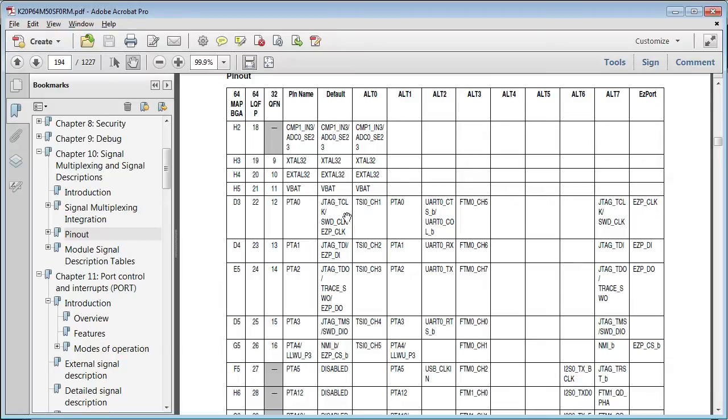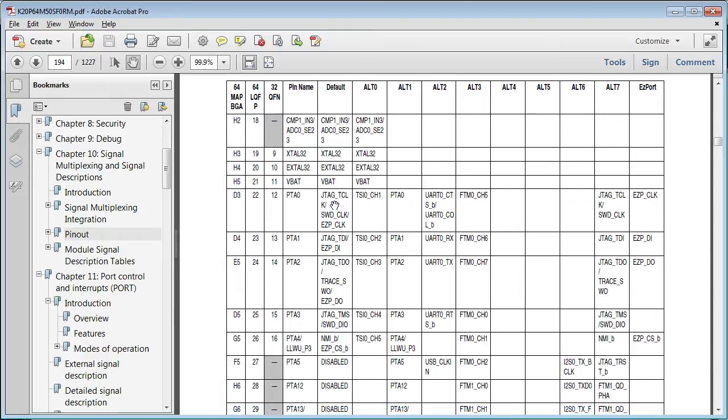Now the default configuration for PTA0 is actually this setting here, which is JTAG, which is a testing protocol. But you can see there are various other alternatives that can be selected for that particular pin. So for example, under the mode Alt0 it can be configured with this function. Under the mode of Alt1 it can be configured simply for general purpose I/O,